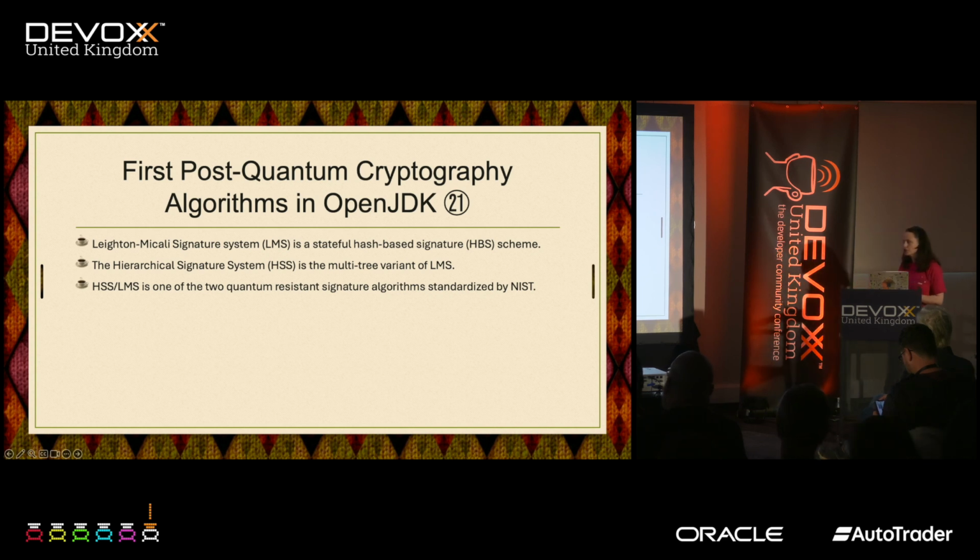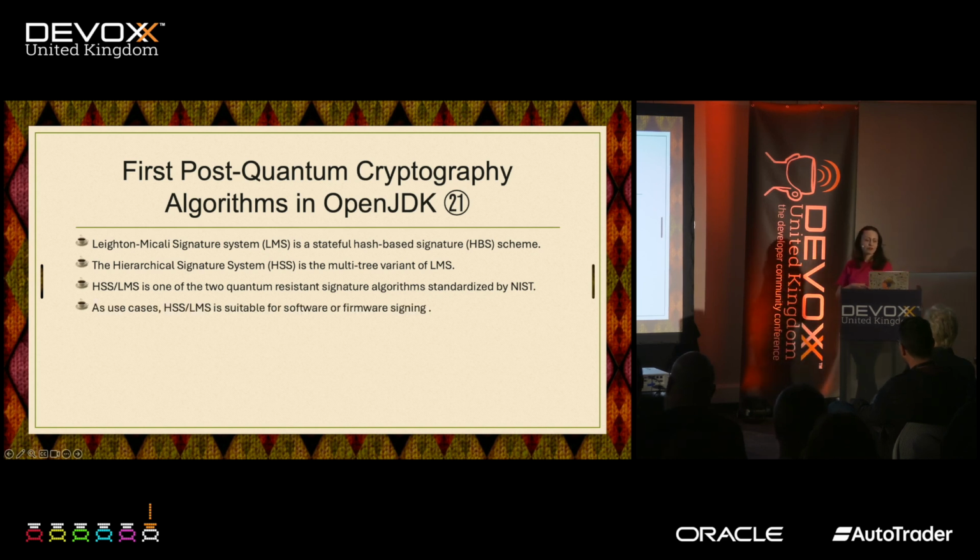Now, there are post-quantum cryptography algorithms, and for the JDK, HSS LMS was preferred. You have what they come from in the slides and what the acronym stands for. The base of HSS LMS is the Leighton-Micali one-time signature scheme, where a single private key can only be used to sign one message. And the security of LMS depends only on the security of the underlying hash function, which is believed will not be broken by the development of large-scale quantum computers.